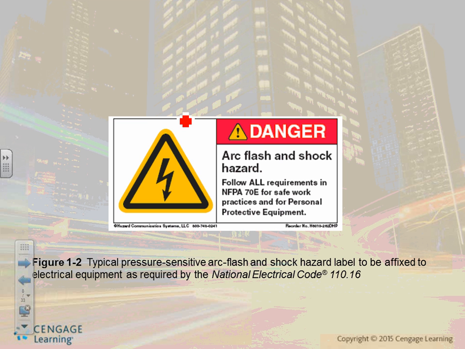The arc flash labels that you're supposed to have. This is required on every panel. You guys are going to be generating these with me for the projects that you're going to do. It warns people that before you open this panel, this one should have one, make sure you put on the proper PPE. 70E requires you to put category 0 through 4